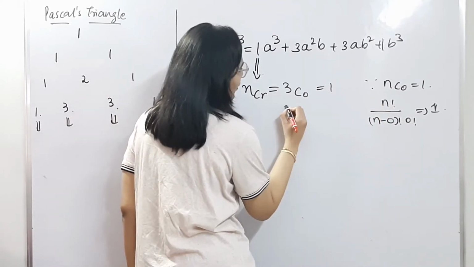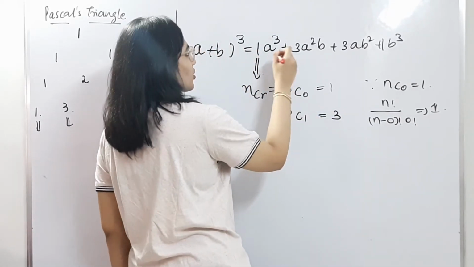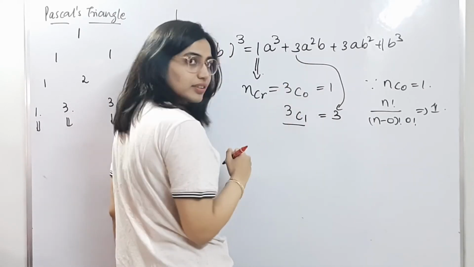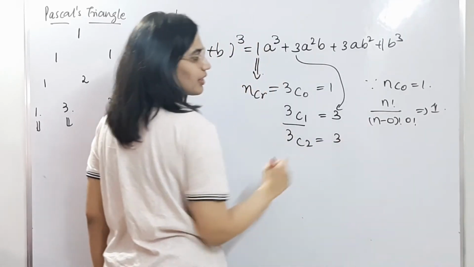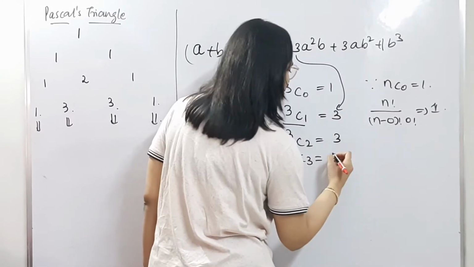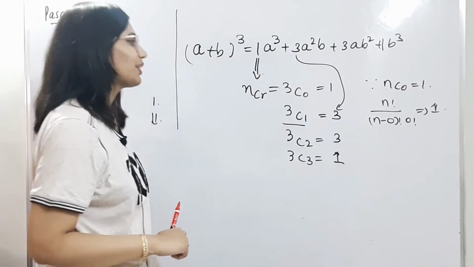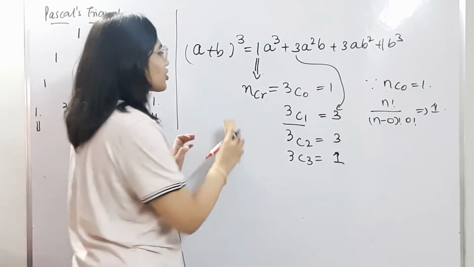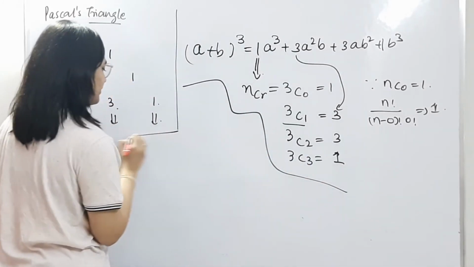And can we not say that if you choose one element from 3, it is 3? Because this coefficient is now 3. So can we not write 3C1 as 3? And can we not write 3C2 as also 3? Because if we expand in the form of nCr, we will get 3 only. And then if we take 3 elements from 3 objects in the set, then we get it as 1. So these are nothing but the elements in Pascal's triangle? Yes. So in short, can we not write (a plus b) whole cube as this